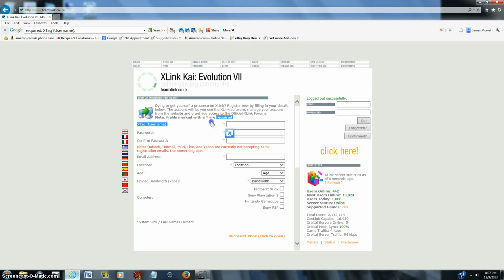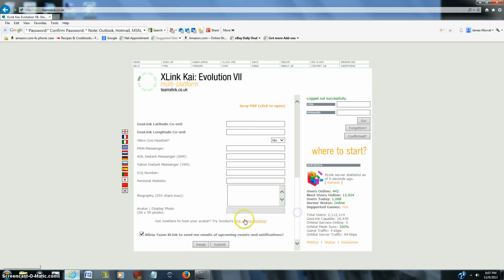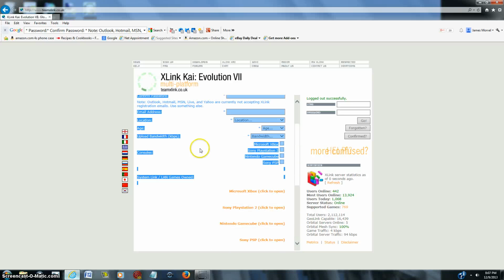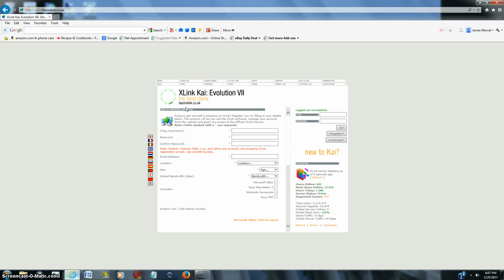It's free to sign up. You got to just fill this basic stuff out here. Alright. And then scroll all the way down and then just hit submit. You know, no big deal. They're going to ask you for an email address. Some of the emails that are not used, are not really functional with or compatible with XLINK KAI